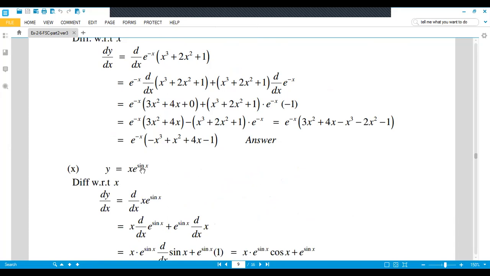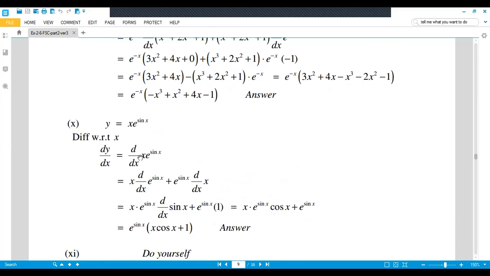Again, these two values are given in the form of a product, so you apply the product rule. First value as it is, times the derivative of the second term, plus the second term as it is, times the derivative of the first term. So x, the exponential function, derivative as it is, further derivative of its exponent sin x, plus e^(sin x) as it is, times the derivative of x, which is 1. So this x e^(sin x) you copy as it is, and the derivative of sin x is cos x.